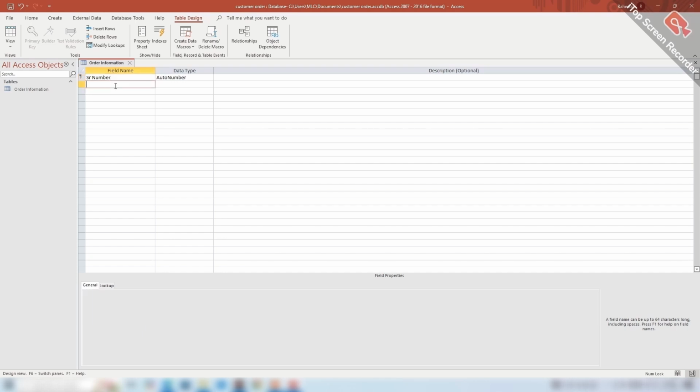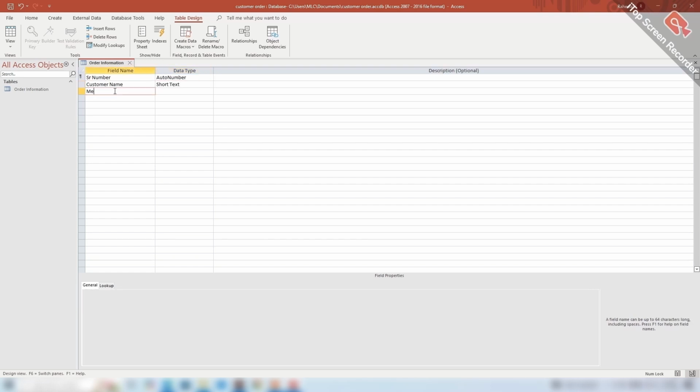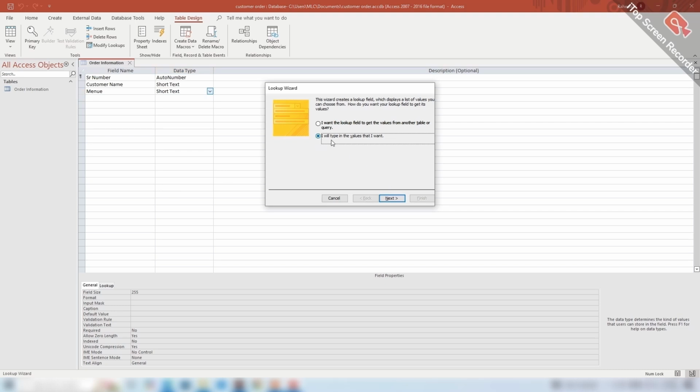Then customer name, and its data type will be short text. Menu. For menu, I will go with the lookup wizard. I will choose the second option. I will type in the values that I want.